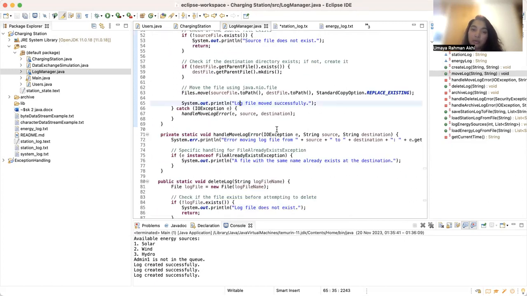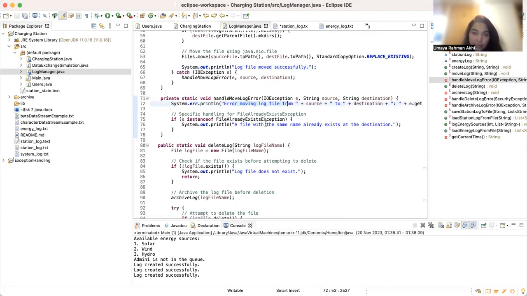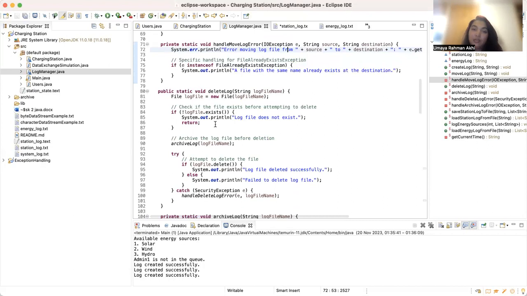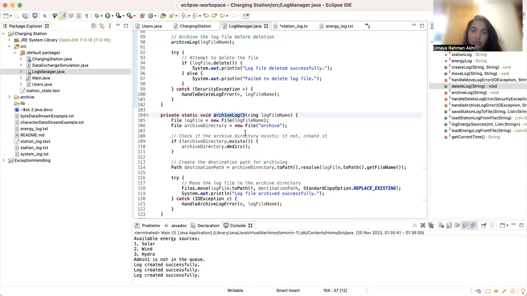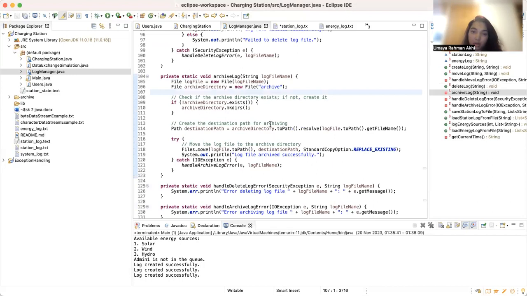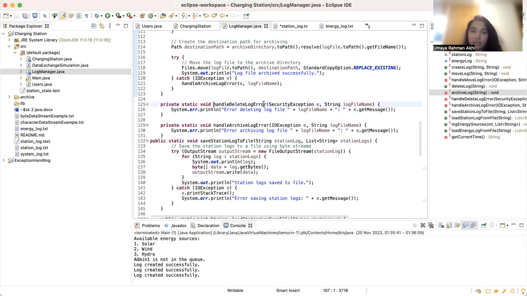And if there is any error while moving the file, it will show a message with the exception. And then this is deleteLog, which checks if the file exists before attempting to delete. Before deleting, when the system finds the file, it will archive it first. And this is the archiveLog method. It checks whether the archive directory exists, and if there is no such directory, it will create one and then move the log file from the current location to the destination. And this is for the deleting error: it will handle the exception and throw messages. And this is the archive log error,